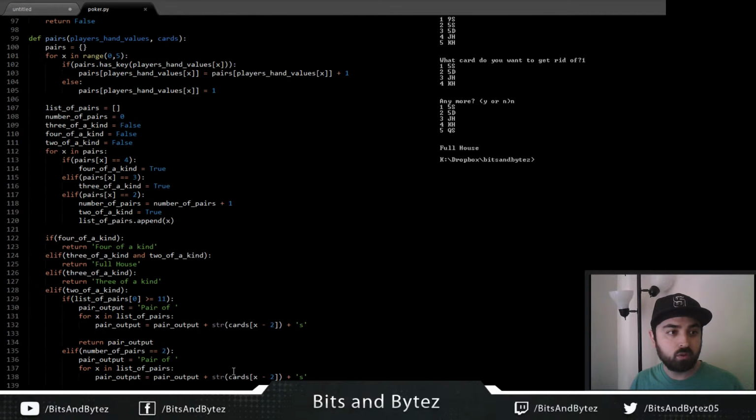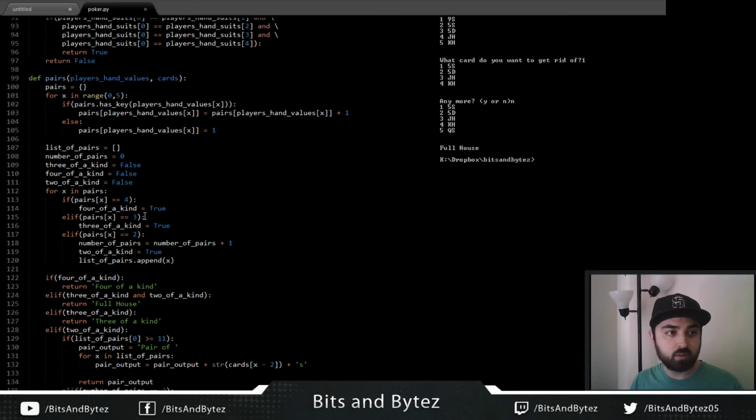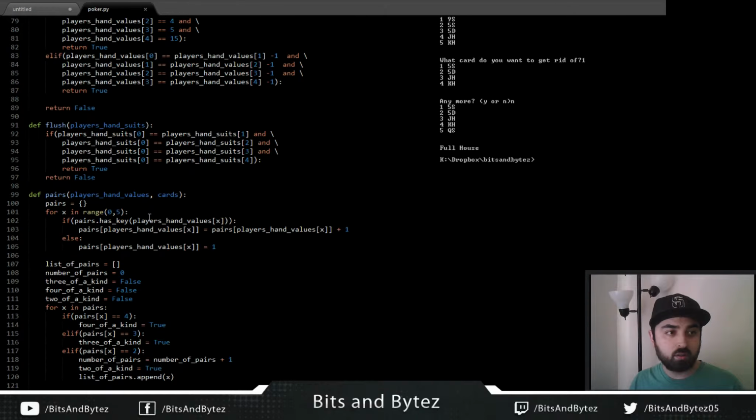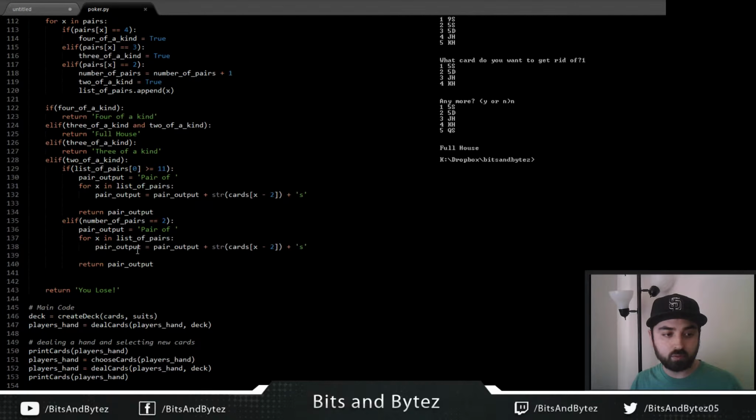So that's what we need to check for out here. We could just do that conditional out here, right? Like if we check before we even drop into pairs, if we have a straight and a flush,